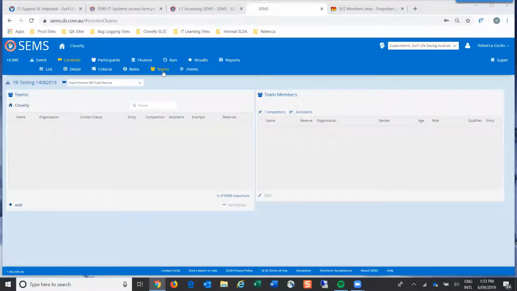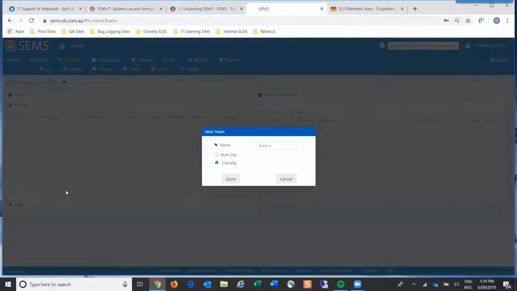Now you can see here for this organisation, Clovelly, no teams have been entered into the Open Female IRB Tube Rescue. It's a little bit different when we're entering teams, because the first thing we need to do is create a team name.